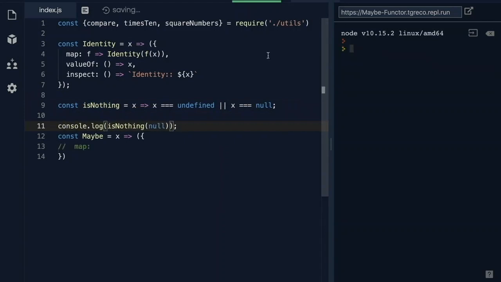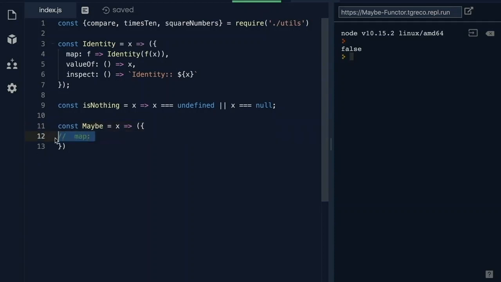Otherwise, it'll return false. If we test this out, we see that null prints out true. We pass in a string value here. It's going to print out false. All right, now that we've tested our isNothing function,